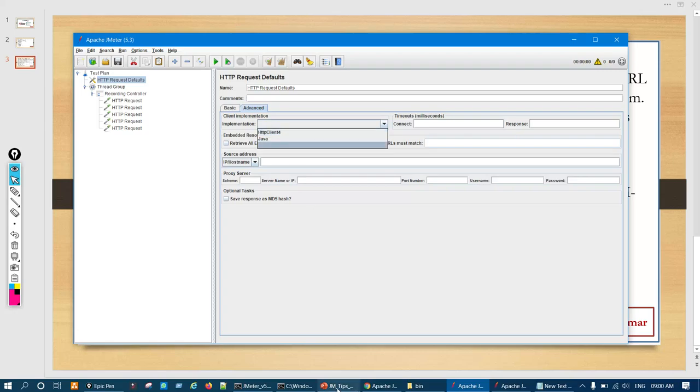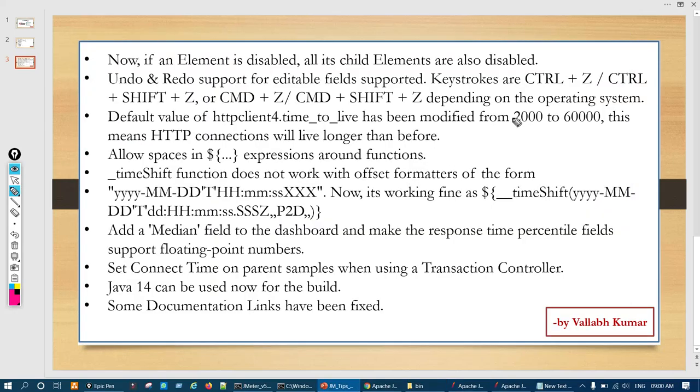The default connection value for that earlier was 2000. Now they have increased it to 60,000. It means that the HTTP connections will live longer than before. And why have they done that? In a real browser also, the time setting is close to 60,000, so that's why they have made it closer to the browser.